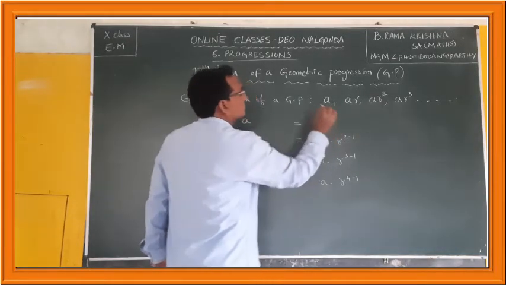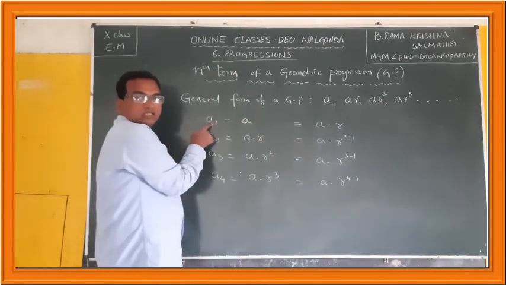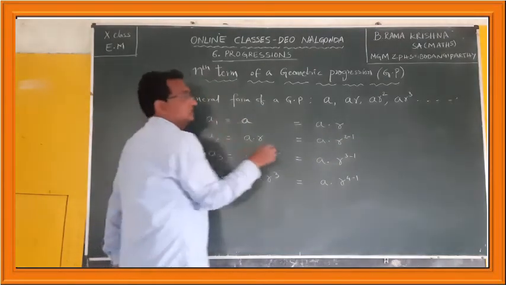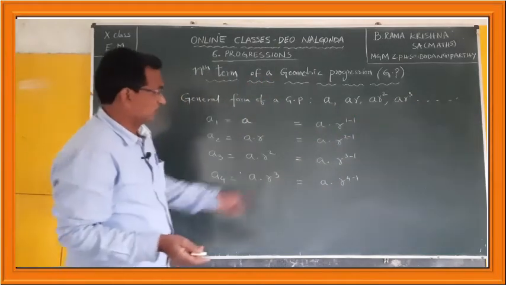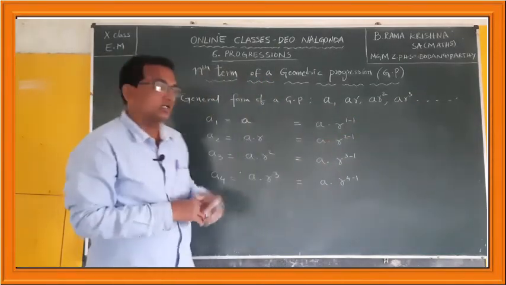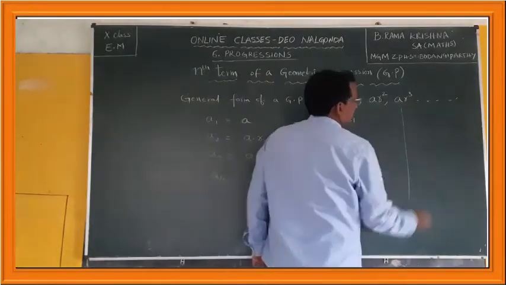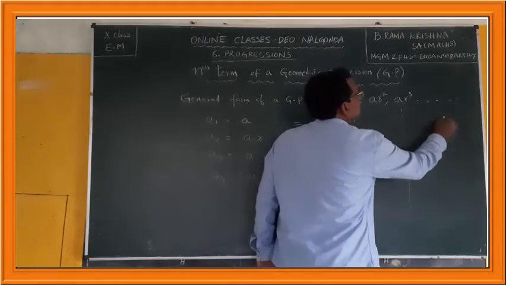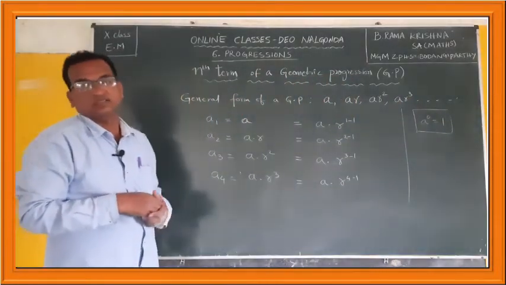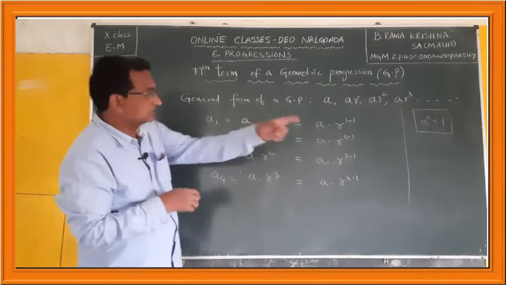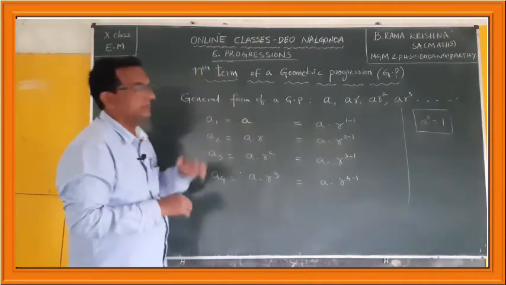Then here how can we write? a into r to the power of, here the term is the first term. So, 1 less than 1 is 1 minus 1, less than means you have to subtract. 1 minus 1, how much does that become? r to the power of 1 minus 1 is r to the power of 0. Anything to the power of 0 is equal to 1. This is according to the laws of exponents. So, if you understand that r to the power of 0 is 1, 1 into a is a, again you will get a only.